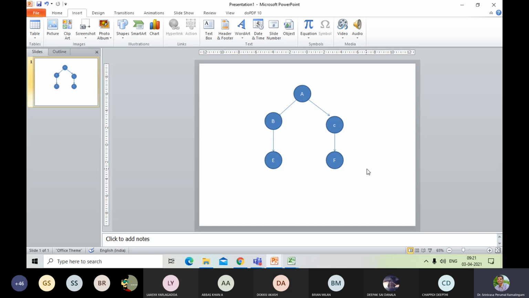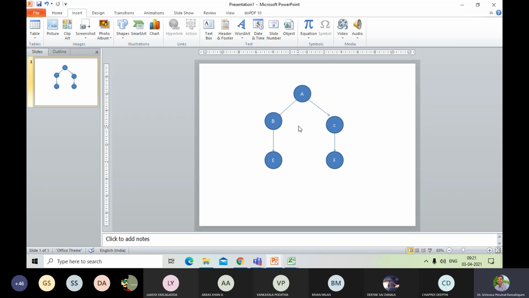Now if we are going for a top-down approach or bottom-up approach, top-down means first A, which will be decomposed into level 0. Which nodes are in level 0 here? B and C are in level 1, and E, F are in level 2, or we can take A as level 0, B, C as level 1, and E, F as level 2. In this way we can go.